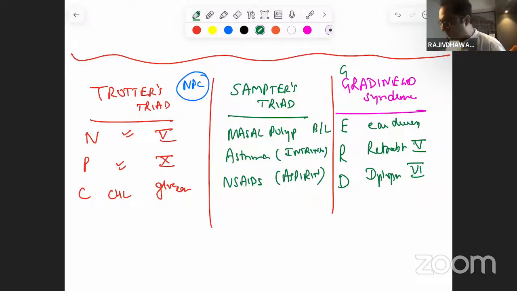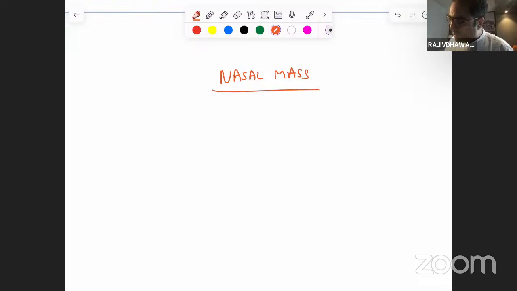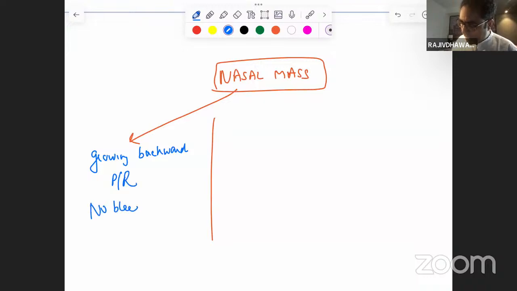6th nerve involvement. Now everyone, nasal mass is very popular in NEET PG and FMG both, beta. Nasal mass, 3 questions, 3 diagnoses possible, beta. How to diagnose a nasal mass? First of all, let me tell you 3 masses, beta. Number 1, if a mass is growing backward towards the choana, better seen on posterior rhinoscopy, and no bleeding, no epistaxis,